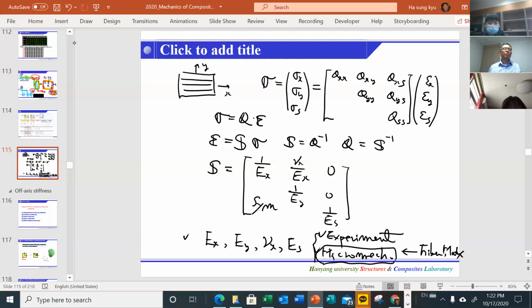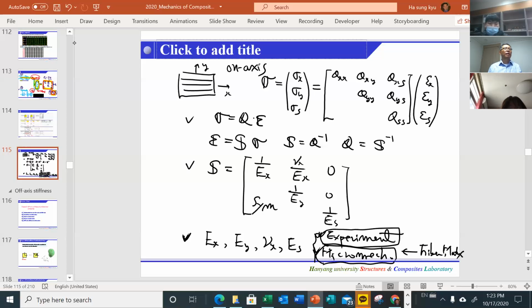But in reality, the micromechanical prediction can be different from an experiment, and depending on the situation, we need to understand both. So anyhow, from now on, we like to start from this material property and Q and so on. This is the on axis. Okay, this is the on axis